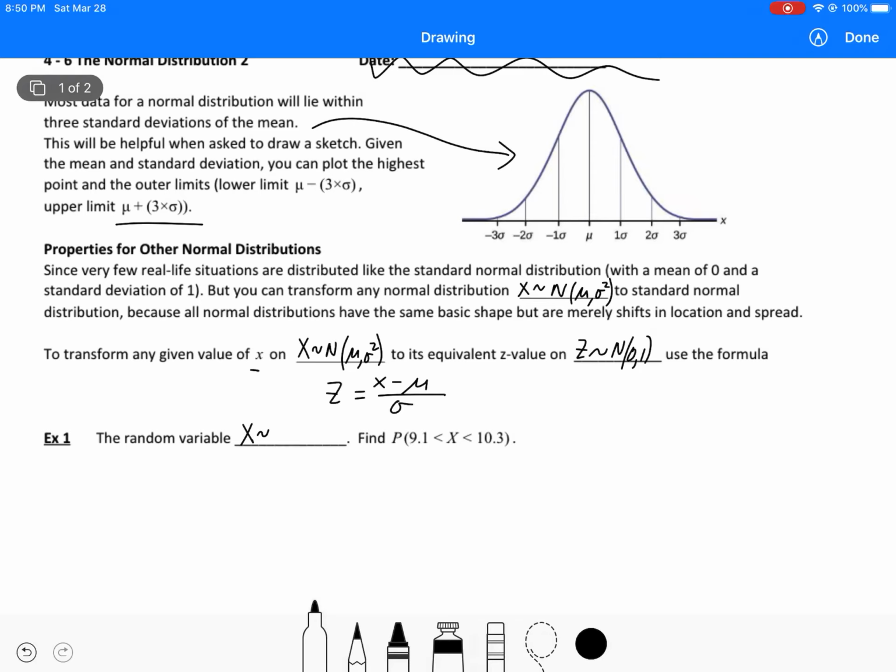The random variable X is represented by the normal distribution with a mean of 10 and a standard deviation of 2. What we're looking for is the probability that X is between 9.1 and 10.3. So we know that it's normally distributed,